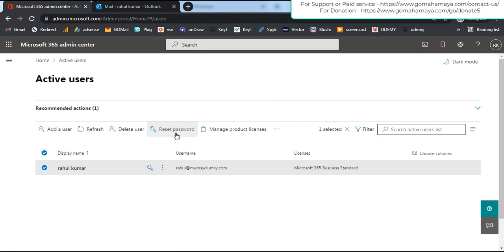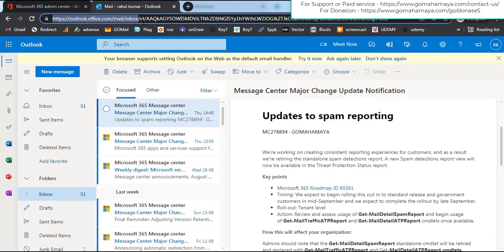You can reset password. Everything will be manageable from this option. You can delete the user, you can add more users if you want to. Like that you can continue. You can change the password from this option, reset a password. Now we'll learn how to migrate your old email from your old cPanel to outlook.com.